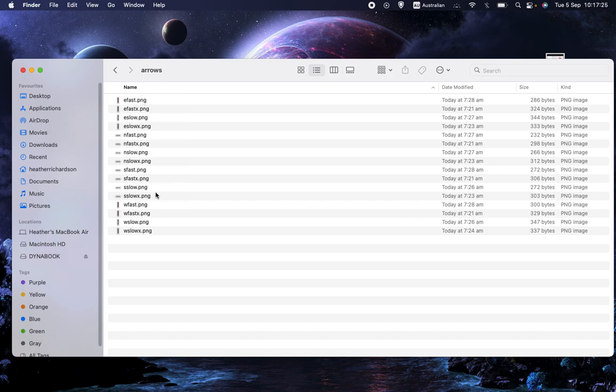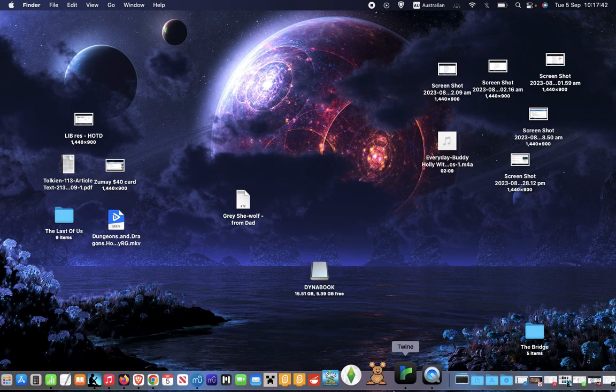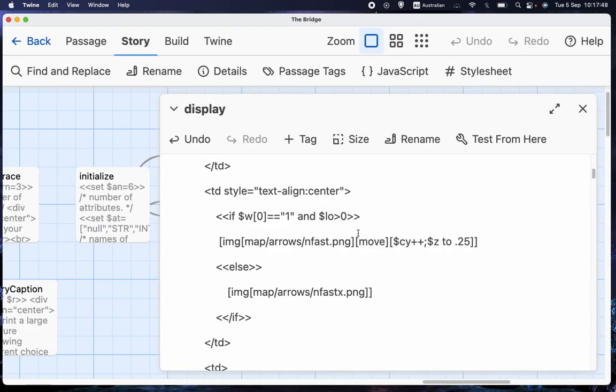So that means there are 16 different pictures that are needed, each of which is only slightly different to the others. That's one of the things that comes up when you're representing things graphically. But let's get back to the code,